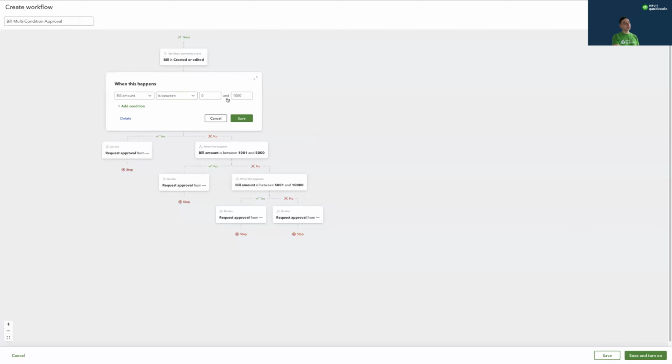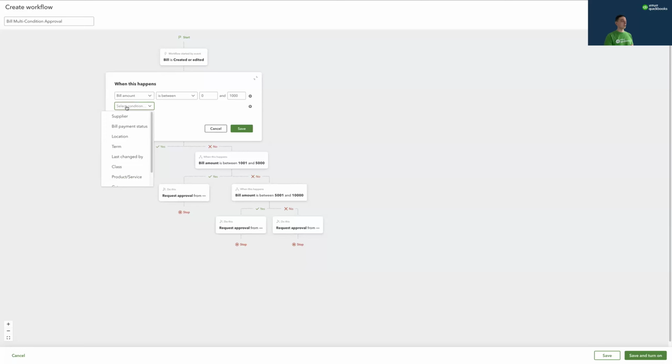So we're saying the bill has to be between £0 and £1,000. So it's going to pick up all of those bills as they come through. Then we can add further conditions to this as well. So whether that bill payment status is maybe unpaid, for example,